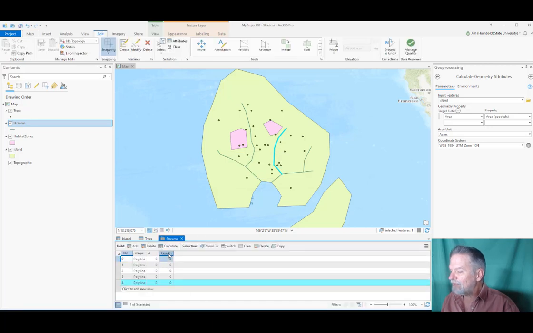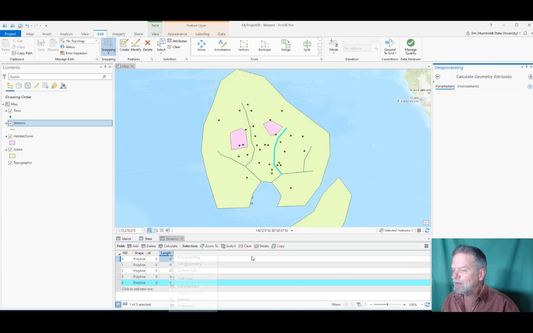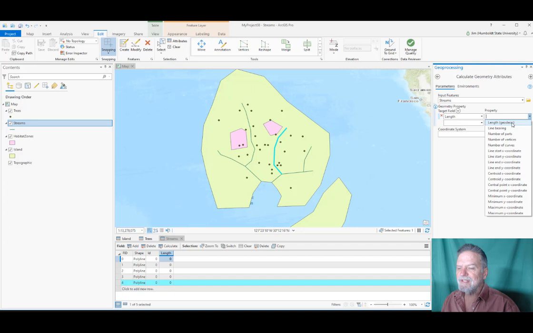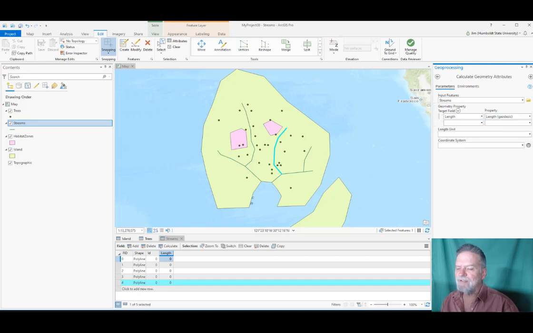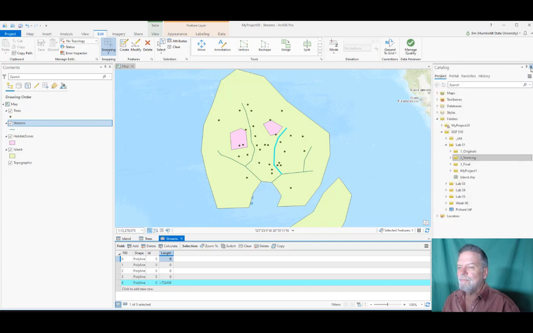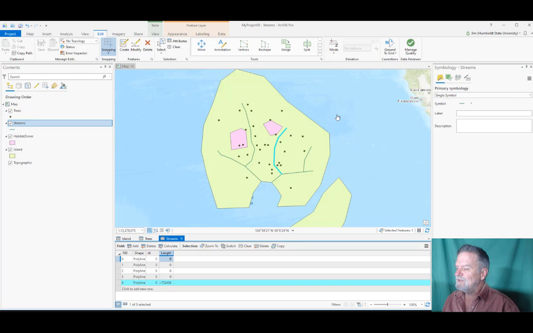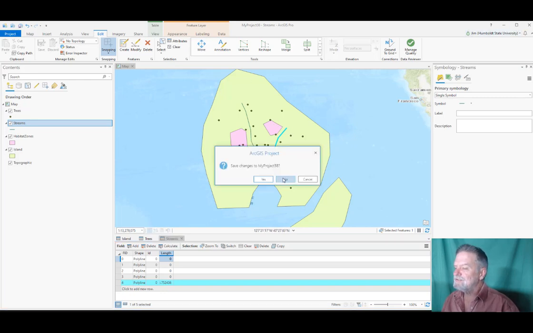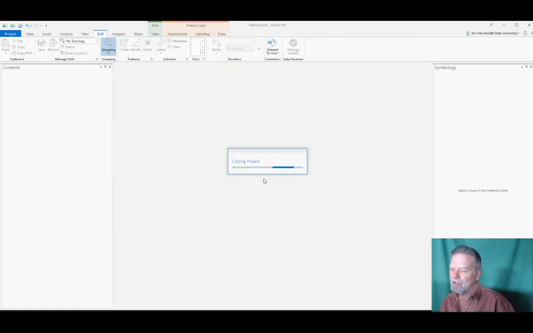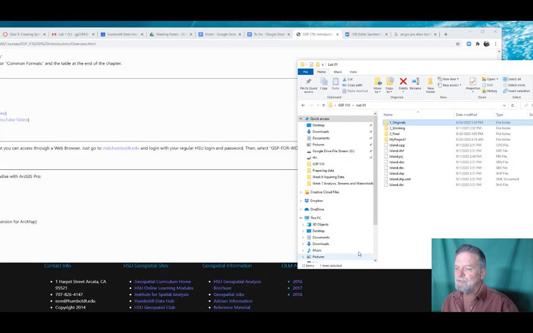Okay, and now we've got length, and now notice that when we do calculate geometry, it's going to give us different options here. We now have a length instead of an area, because this is a polyline instead of polygons. And there you go. Now, when we go ahead and save this, which looks like it's already saved, then we should have everything ready to go in our shapefiles. And we can close ArcGIS. And it's always a good idea to close it and then reopen it, load the shapefiles, make sure the data is still